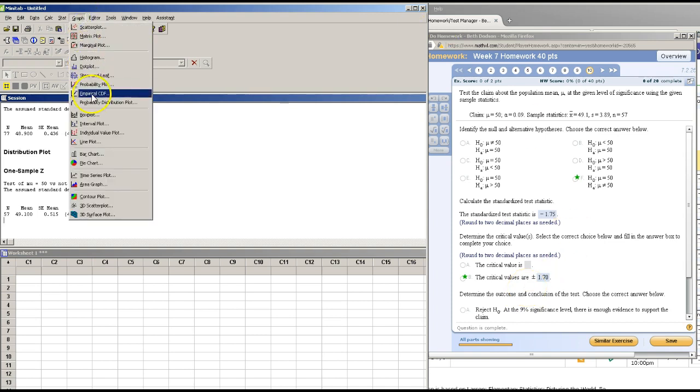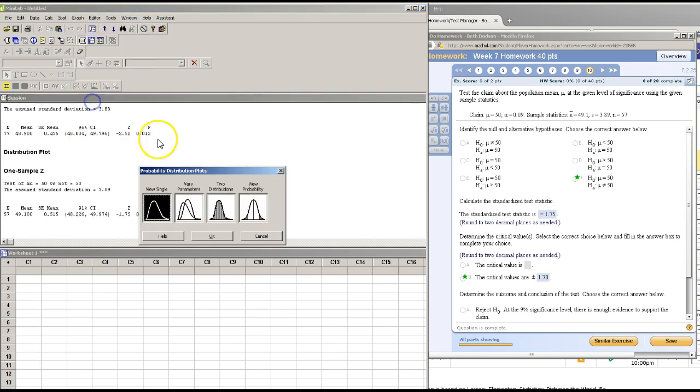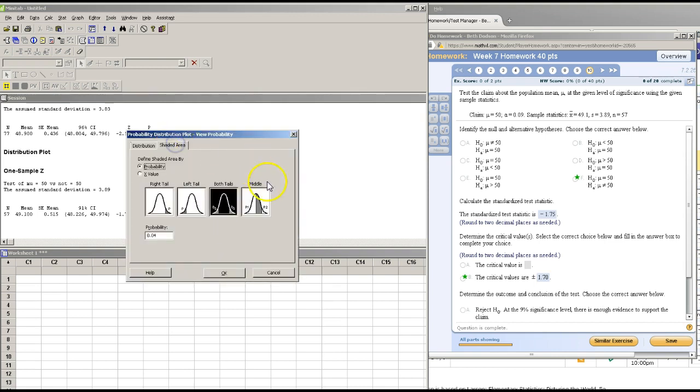Go back in under Graph, Probability Distribution Plot, which we learned back I believe in weeks 5 and 6. Go under View Probability, and what we want to know is what critical values are lopping off that 91% in the middle. We want to know what z-scores are lopping that off. So we want to know what alpha value of 0.09 is there. So we want to tell it to tell us what z-scores are chopping off that 0.09 on either side, and it's going to divide it by 2. You don't need to do that. So you just put that 0.09 in there,